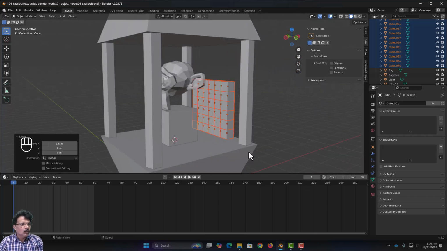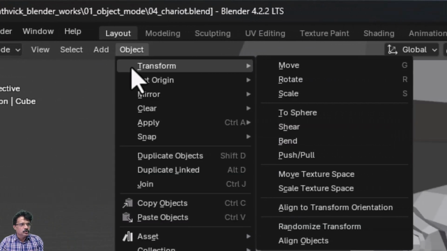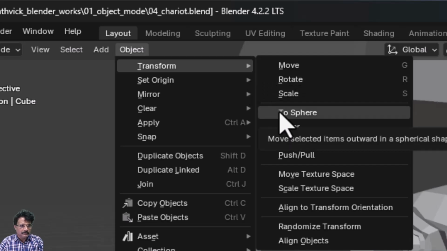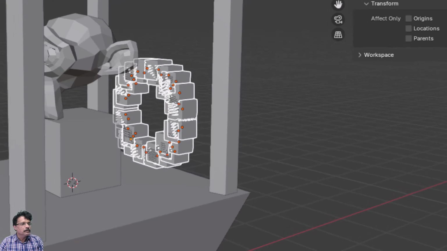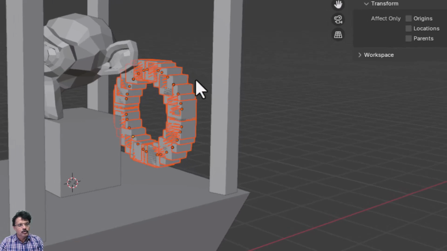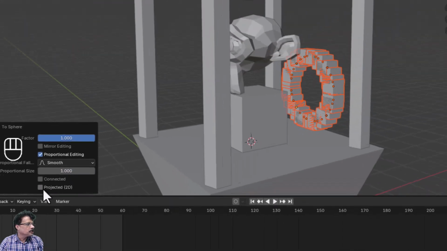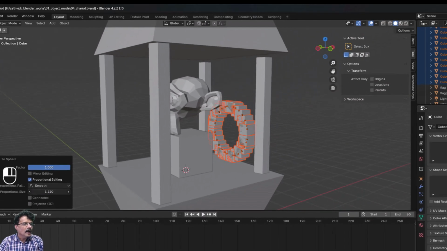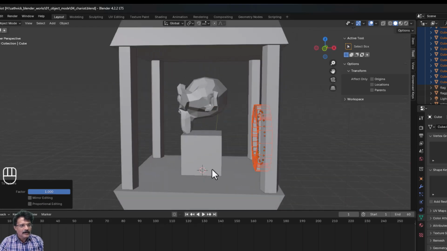Now here I want to show you in object one of the transformations features, which we call To Sphere. So when I click on To Sphere and now if I just move the mouse, see the entire structure moves into the shape of a sphere. You can control this, you can mirror the editing, you can do proportional editing, and you have everything adjusted here. I will switch off proportional and I have set it to 1,